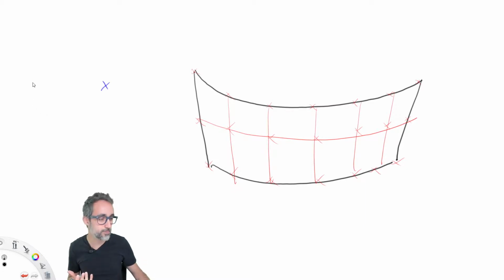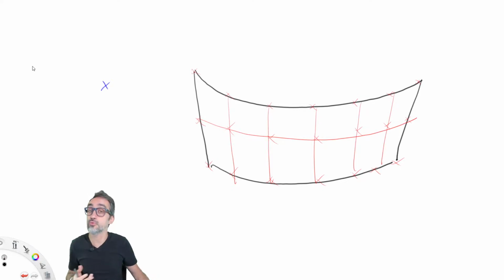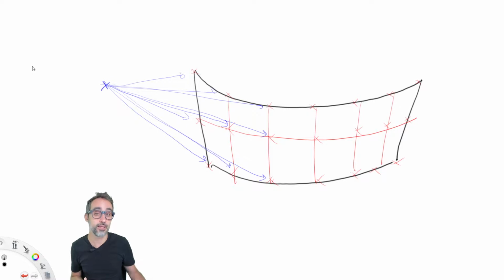And then once we have that mesh, what I would like to do is set up some kind of virtual sun. So it's going to be a point. And then I will do something very similar to what I did in the other exercise, which is I will calculate vectors hitting each one of the vertices. I will calculate the angle between those vectors and the normal vectors to the mesh to see how strongly, how frontally, the sun is hitting that mesh.